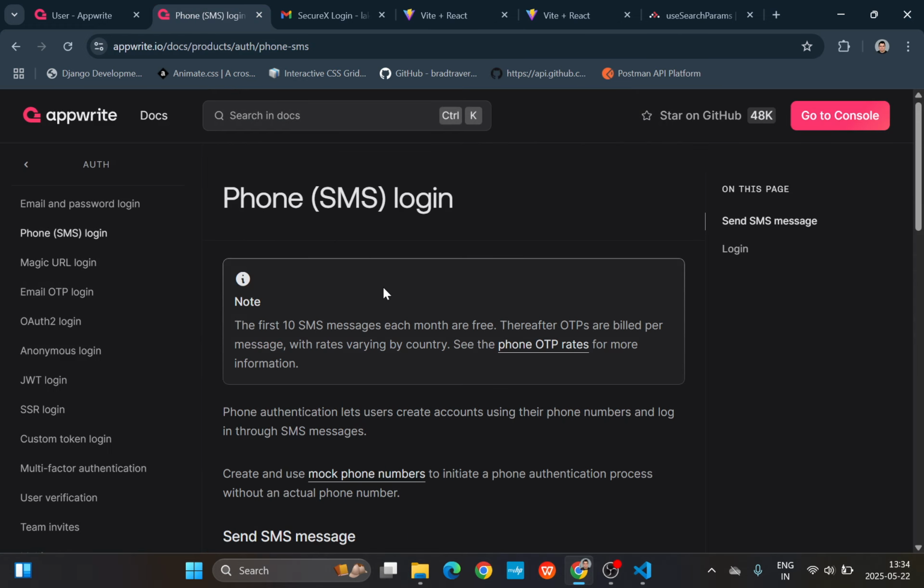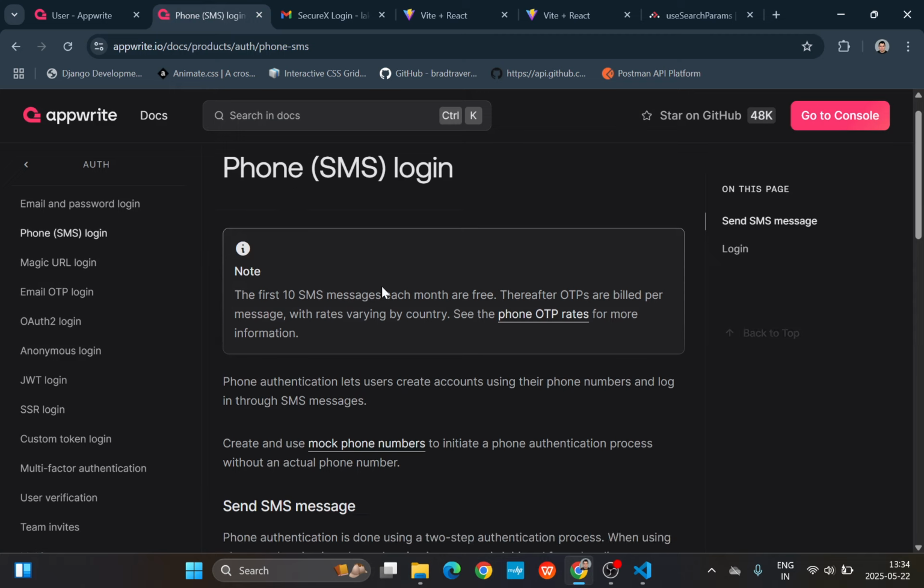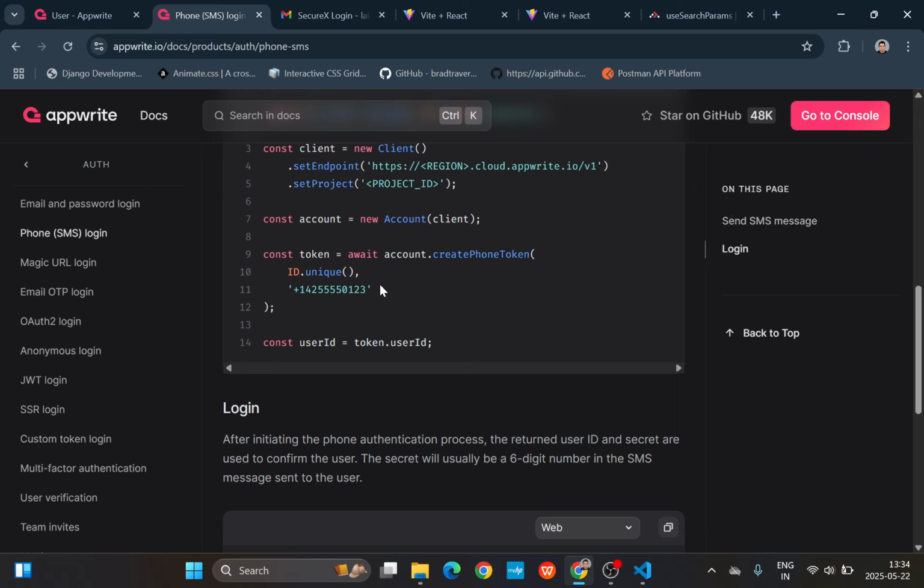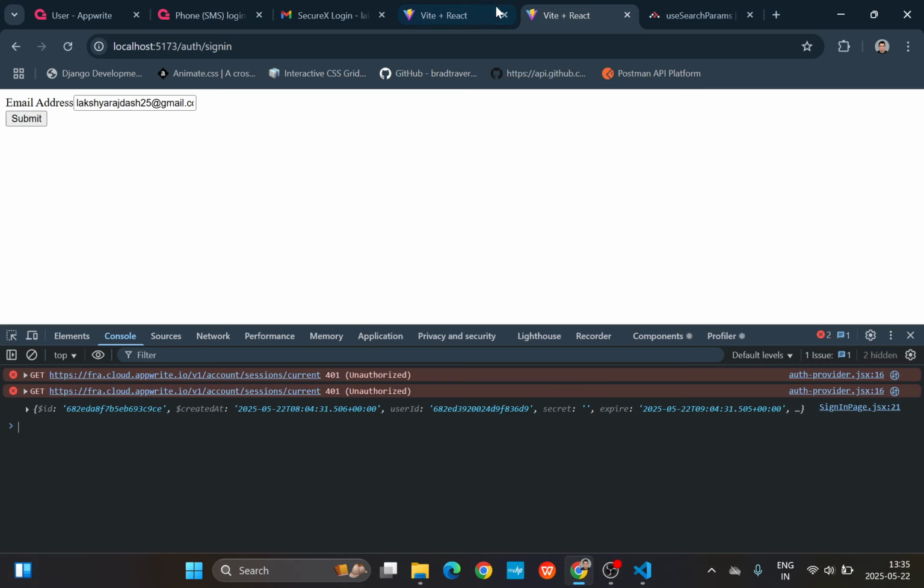Can I go ahead and use phone, but a particular phone here? So I will not do this for now. I will not go ahead with phone SMS login. So let us just do one thing. Okay. Let us just add